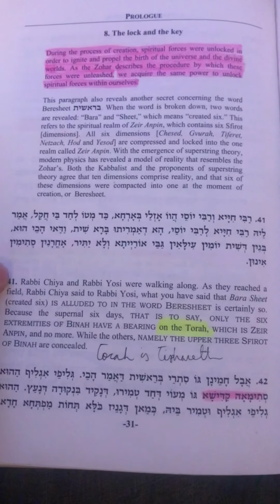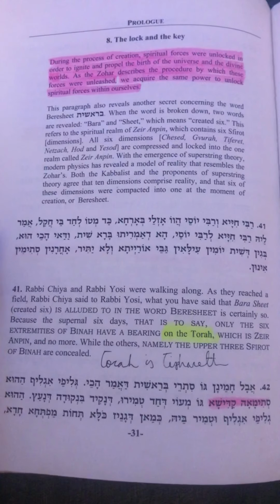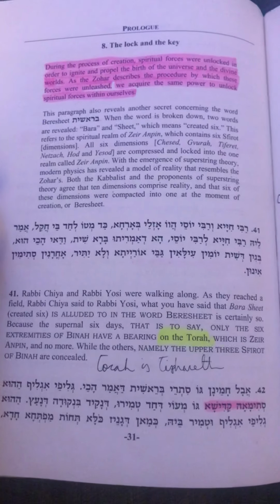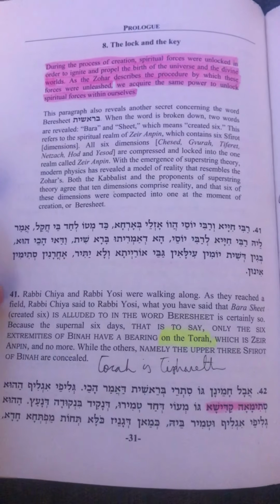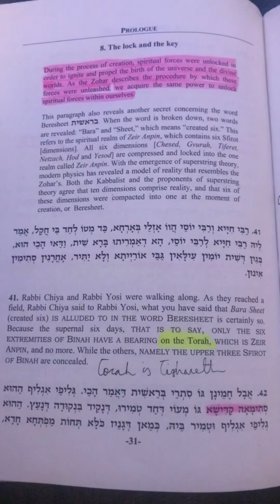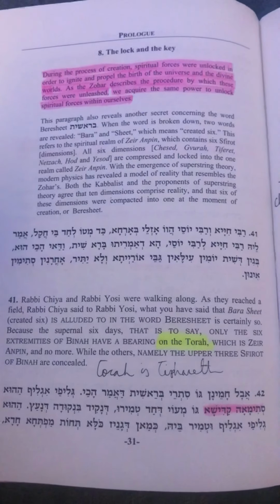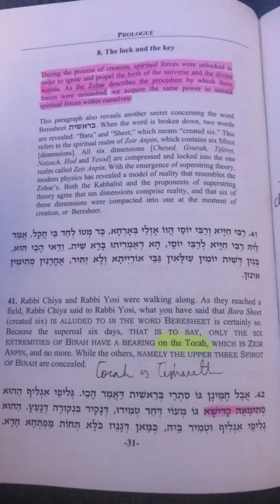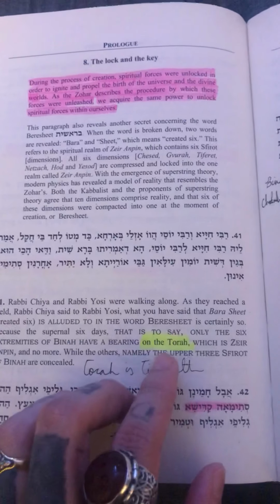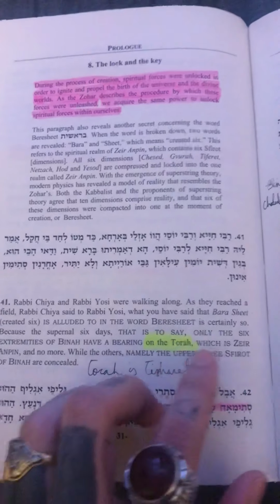Rabbi Chaya and Rabbi Yossi were walking along. As they reached a field, Rabbi Chaya said to Rabbi Yossi, "What you have said, that Bereshit created 6, is alluded to in the word Bereshit. It is certainly so, because the supernal 6 days, that is to say, only the 6 extremities of Binah, have a bearing on the Torah, which is Zeir Anpin and no more, while the others, namely the upper 3 Sephiroth of Binah, are concealed." Keep in mind here that Torah is another word for Tiferet, which is the central aspect of Zeir Anpin,